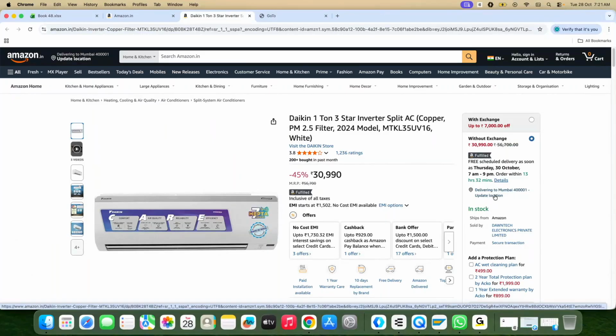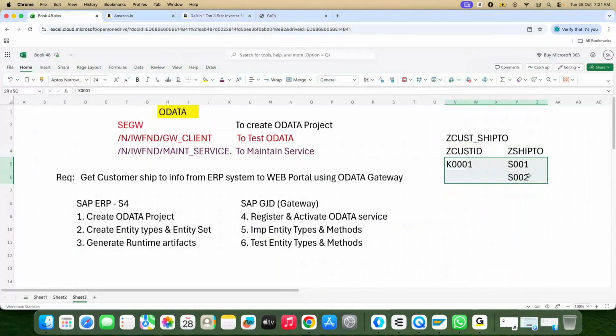All these operations we perform from web applications. In the backend, if you are pulling address information, this table will send you the data. If you are updating information, this table will get updated. If you are deleting an address, the data will be deleted from this table. All these actions you are doing from the web application, and you are using OData to achieve that in